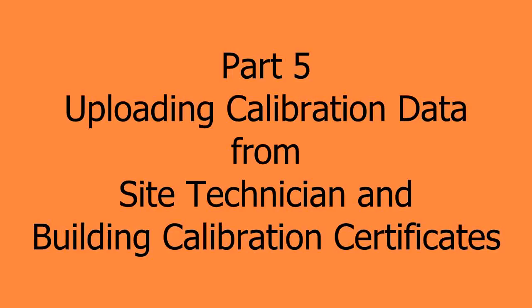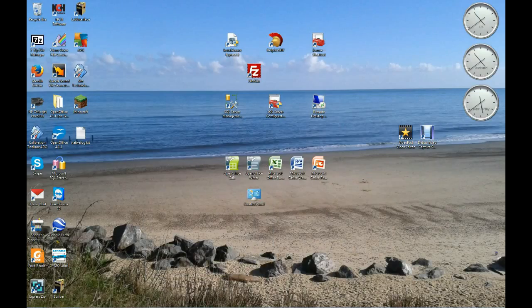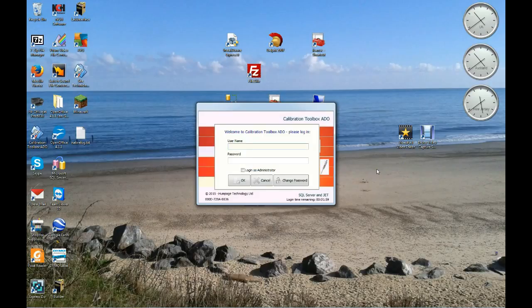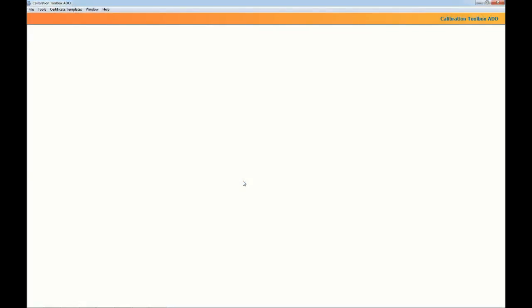So in this final video tutorial we're going to bring everything together. We're going to show you how to import data back from Site Technician into the main Toolbox database and generate calibration certificates. So what we're going to do first is open Toolbox,